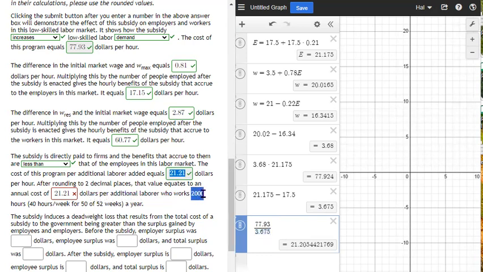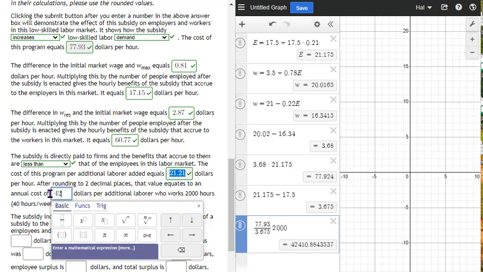Who works 2,000 hours, right? So we're going to multiply this by 2,000 hours. And we get $42,410. So if this program increases employment by 3.675 million workers, and the program costs $77.93 million,